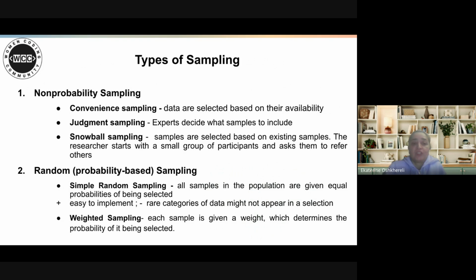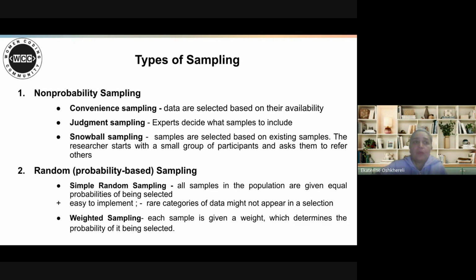When it comes to judgmental sampling, in this case we need experts' opinions. And snowball sampling means we have a small group of people and they refer to others, so in this way the group of our sample is increasing.